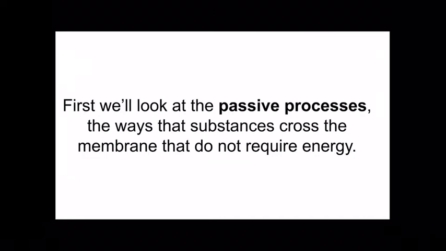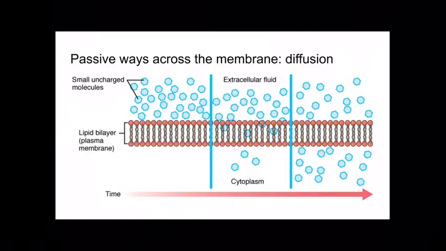So some of these things we're going to see, especially in the passive processes, are things that go through the cell membrane because they are permeable to it. That would be one of the situations in which a passive process is happening. So the passive processes are ways in which we get substances across the cell membrane, either going in or going out, but a lot of times we're talking about going into the cell, where it doesn't require any energy to help that process along. Okay, so diffusion is the first way that things cross the cell membrane, and we've seen